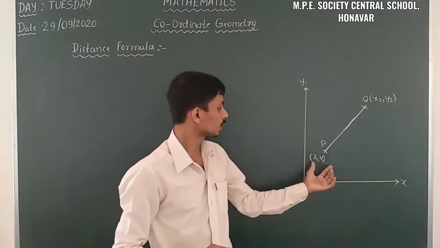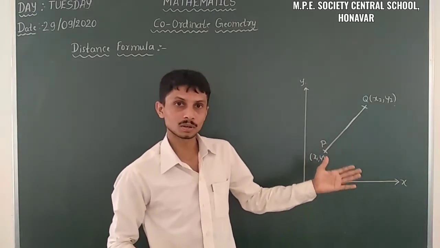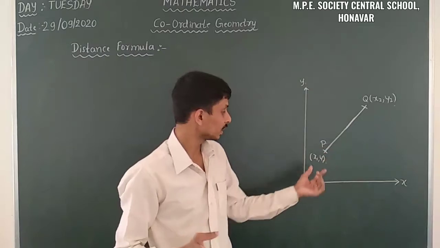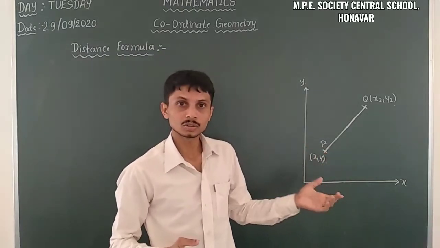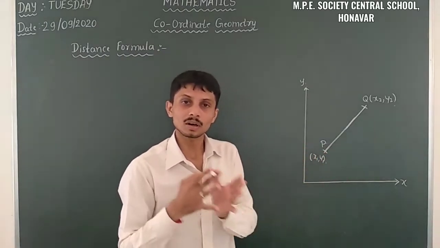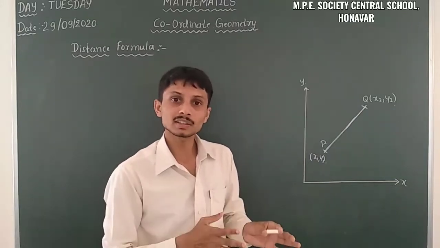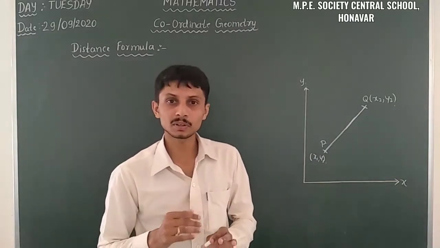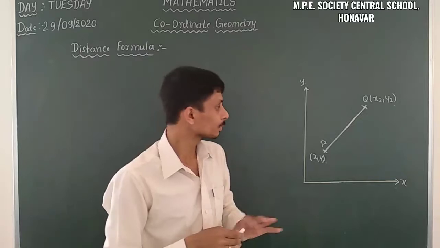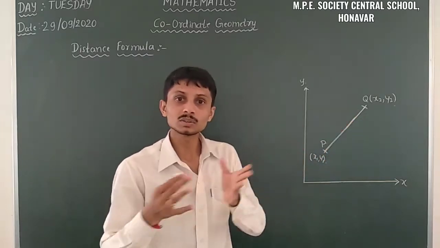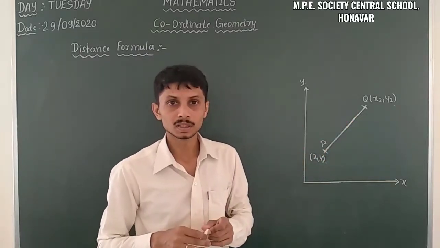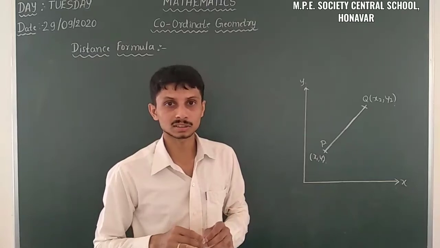Just observe this line, whether it is possible to find the distance PQ. No, because there is no formula for finding that, and also we don't have any such coordinates here. Even if you have coordinates like 2, 3, 4, 5, in that case also it is very difficult to find the distance between P and Q. There is no formula here, so for that we have to make some constructions.